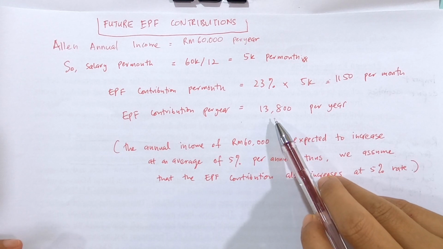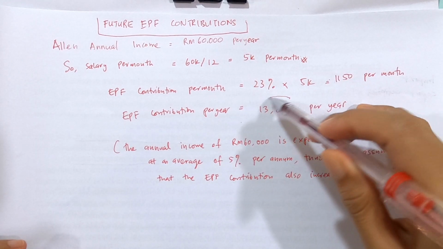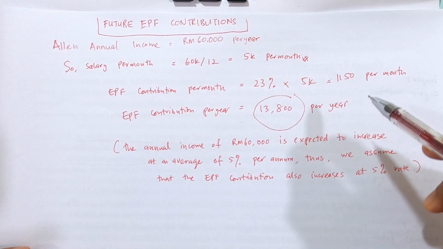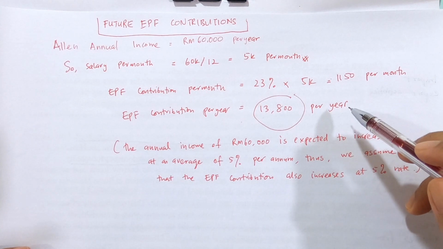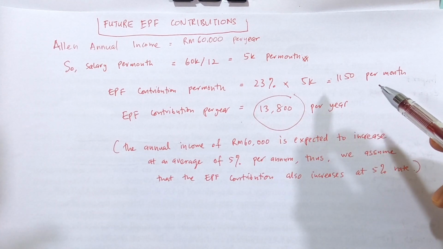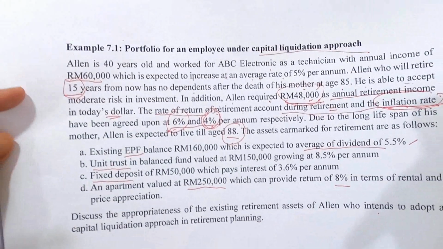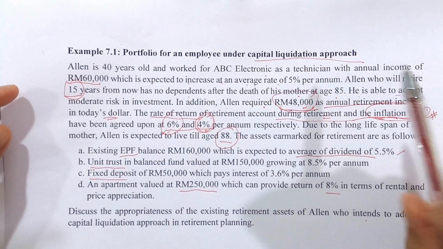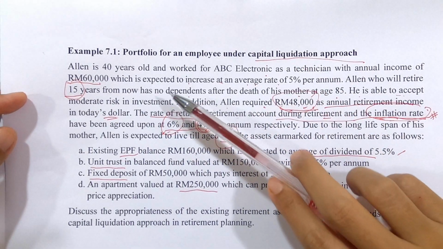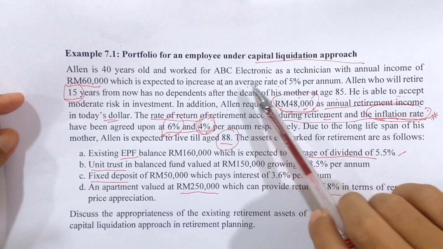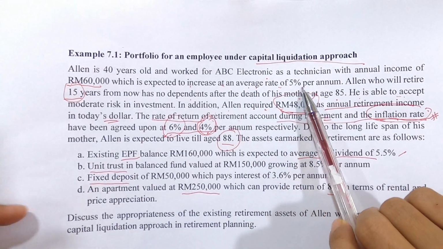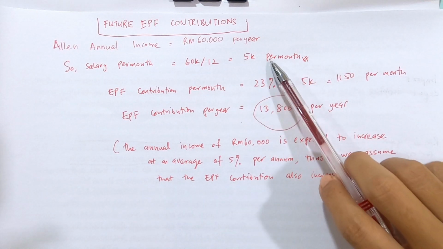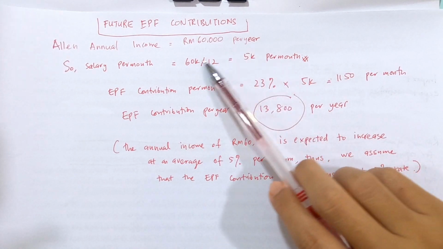So in this video, I'm going to explain how you can get this figure and why our assumption is actually 5% for the increment of the future EPF contribution. Therefore, if you look back at the question, the annual income is 60,000, and it is expected to increase at an average rate of 5% per annum. If we want to calculate the future EPF contribution, then we have to